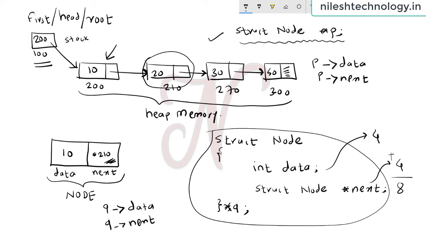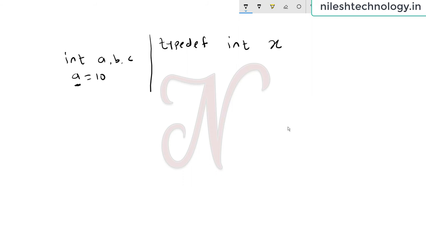So first we erase all these things. See here, what is typedef? Let's revise some concept. For example, this is your integer: int a, b, c, and here we declare a equal to 10. So a is of type integer. By using typedef, see the first example: typedef int, and for example my variable is x. So typedef copies the property of an integer to this x variable. So if we use x a, b, c, and here a equal to 10, the meaning of x is the integer.